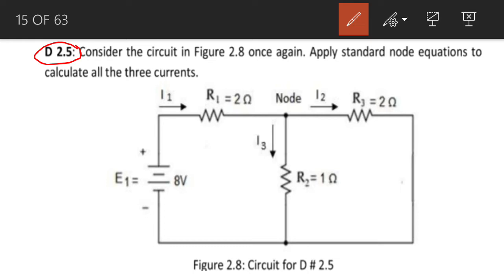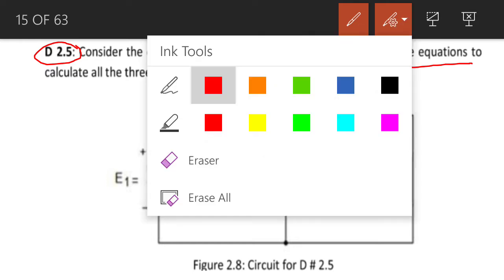We are going to do the same numerical example with the help of another method, and this method is known as standard node equations. So we shall find out the currents I1, I2 and I3 with the help of standard node equations, although we have calculated these currents with the help of standard loop equations in the previous classes. There is a single node